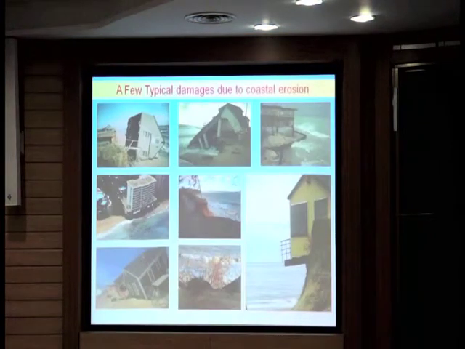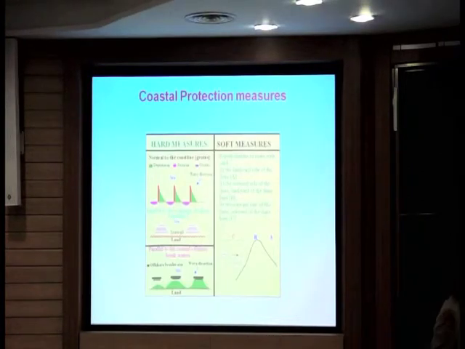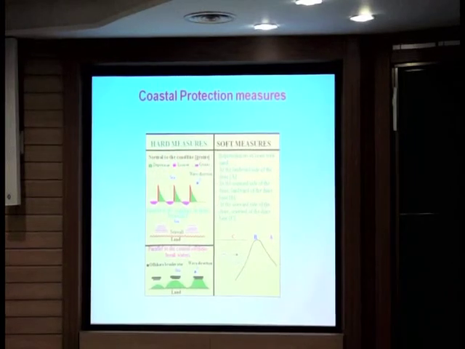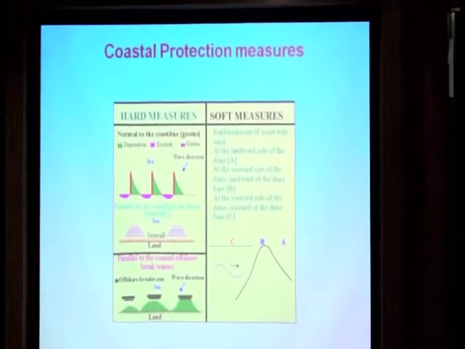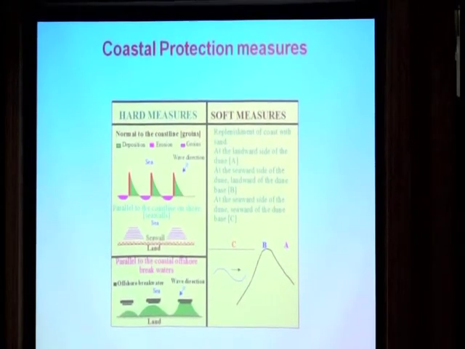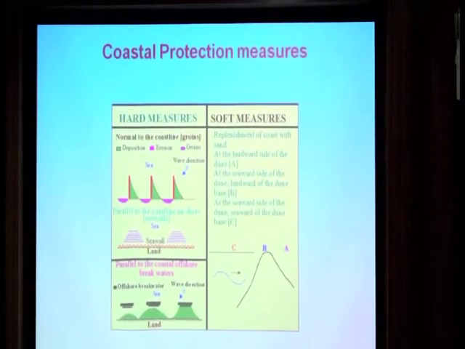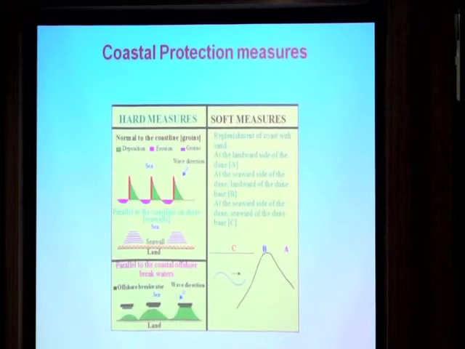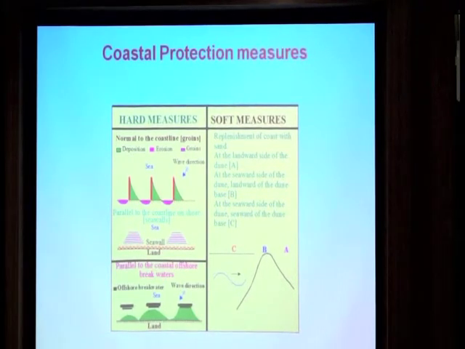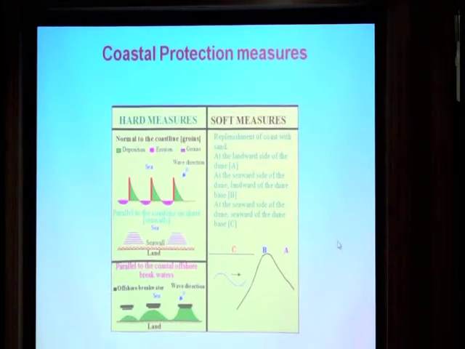So the kind of coastal problem which we may have is quite devastating. And the protection measures, I am not going into the reasons for the coastal erosion, although I might be touching on the reasons. But when you have coastal erosion, these are the broadly classified measures. One is the hard measures and the other is the soft measures. When you look at the hard measures, we have to play with the kind of structures which I have shown there. One is the